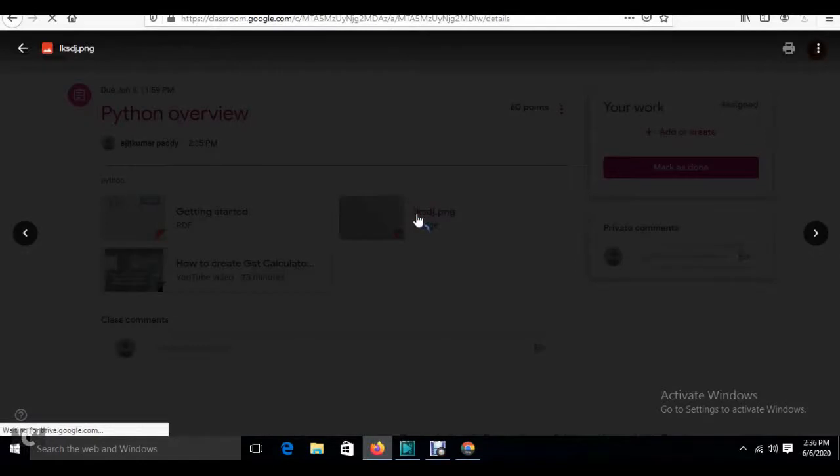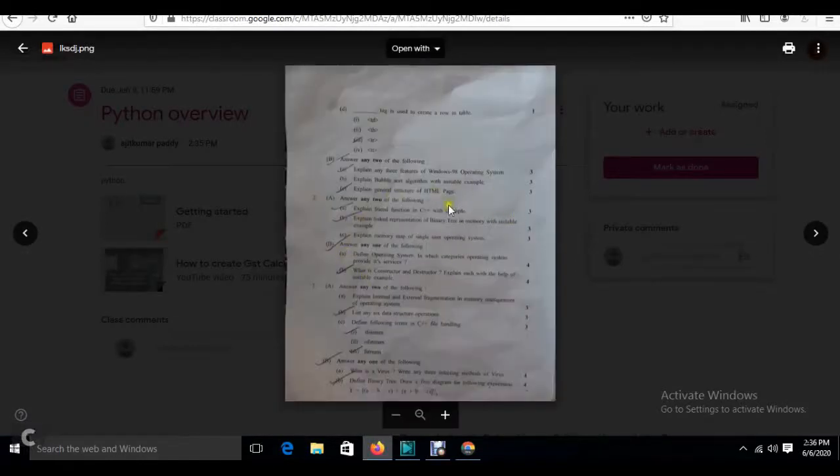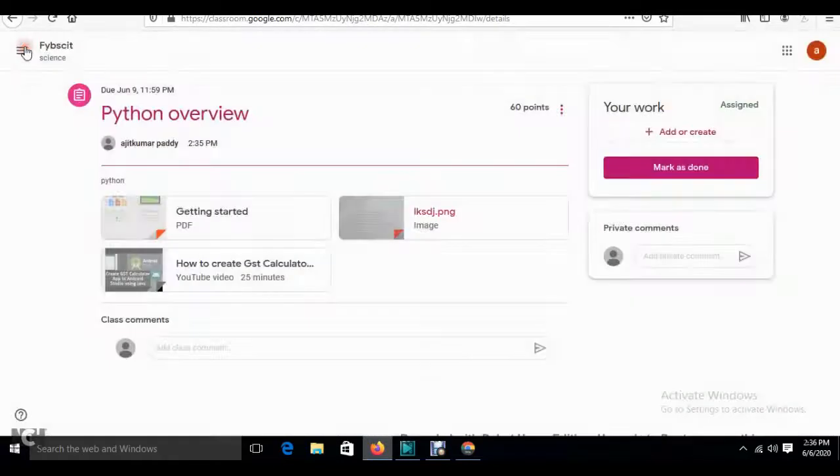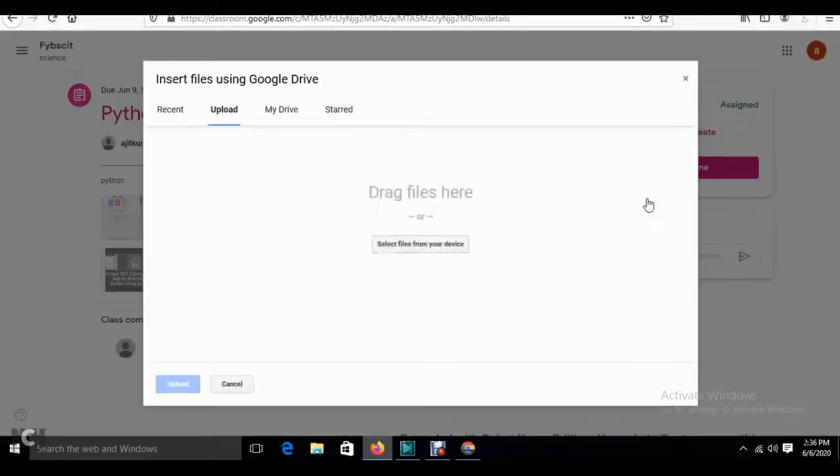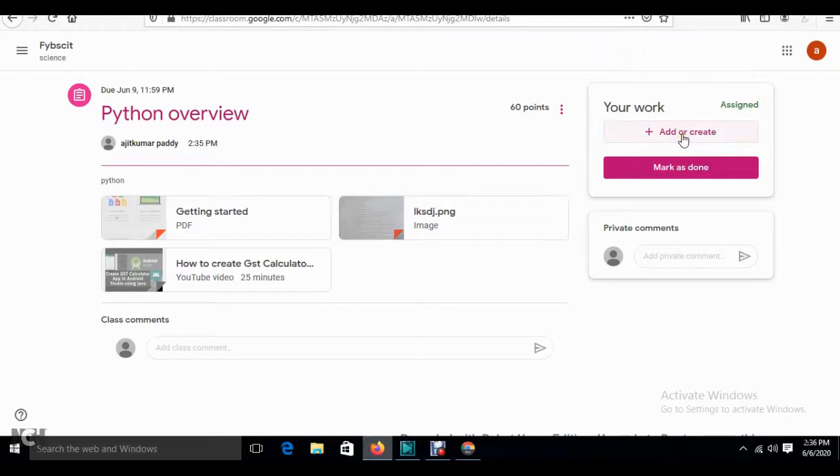You can click this, and the student can refer to this document that I have given, a question paper if I have given one. Then he will read the question paper and jot down in some notebook, or take an image and add it over here with this file option, or he can submit a document file.